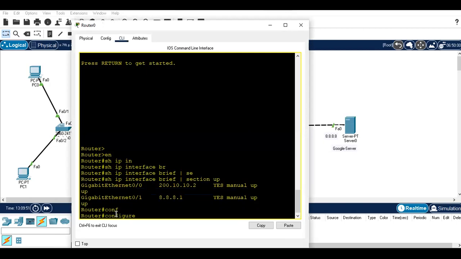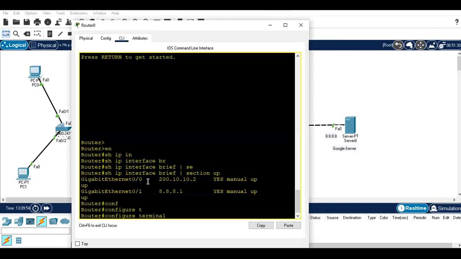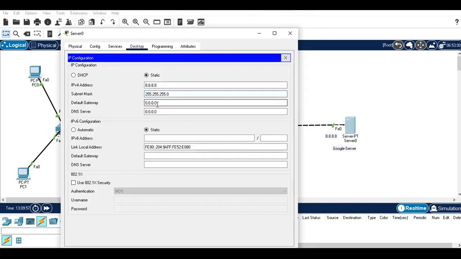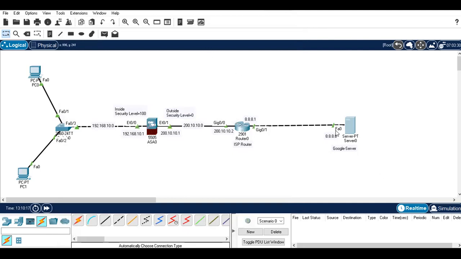So we will say 8.8.8.1. And the DNS server is going to be the same IP address for Google, so that's 8.8.8.8. Okay. So we are done with the Google server configuration here. And let's move on to the router. The router is already pre-configured, which we just saw. So we're good with the router, but we need to check on the